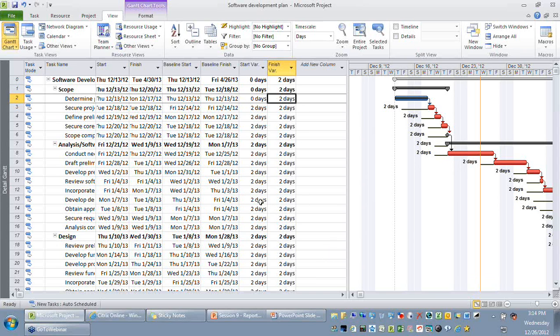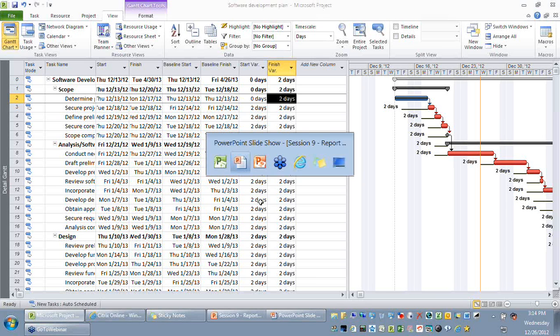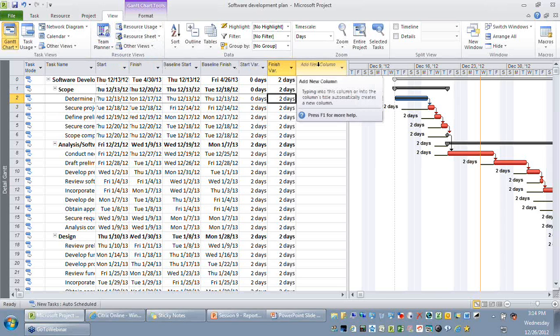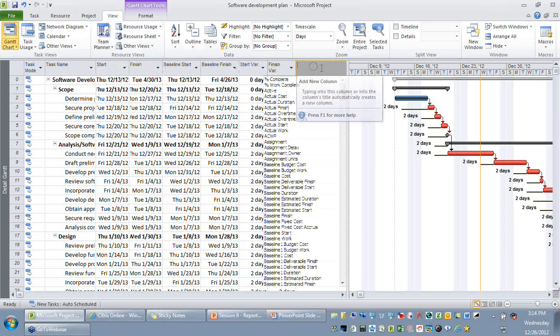So what you have now looked at is the standard views and tables that might be helpful for you to understand the variance of your project. But as you have seen, these standard views and tables might not help much because based on your requirement, you might want to customize the details that are being displayed on your screen. Okay. So one of the ways by which you can do it is you can have some custom fields as a part of your views.